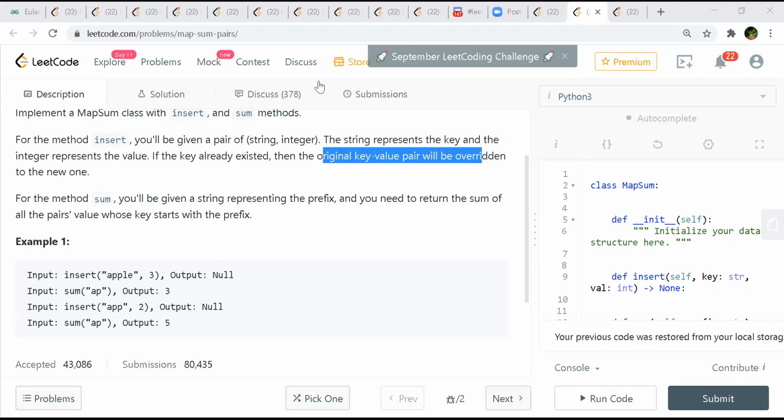Rather than creating a separate cell for A again. But the only downside is we are going to have a bigger map, because you are going to store all the prefixes. Yeah, but this will also get accepted, only on the space front. But then in that case, you can use another data structure, which might be a trie. A trie will be a more efficient way of doing it, right?